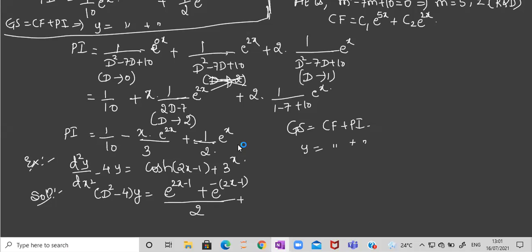Now, if it was a constant, like only 3 was there, we would have written it as 3 into e raised to 0x. But this is a constant, but the power is a variable. So in such case, remember this. If you have such thing, m is written as e raised to log m. What is e raised to log of any function? Do you know this property? E raised to log m is always m, because just as integration and differentiation are reverse processes, exponential and logarithmic are also reverse processes.